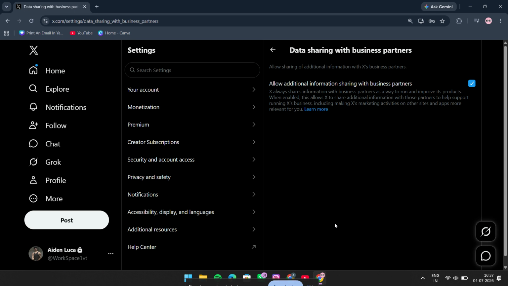Here you'll see a toggle labeled Allow additional information sharing with business partners. To stop this, simply toggle it off. Once it's turned off, X will stop sharing that additional information with business partners going forward. That's it. You've now changed the setting and improved your privacy on X. If you were following along, take a second to double check that the toggle is off so you know the